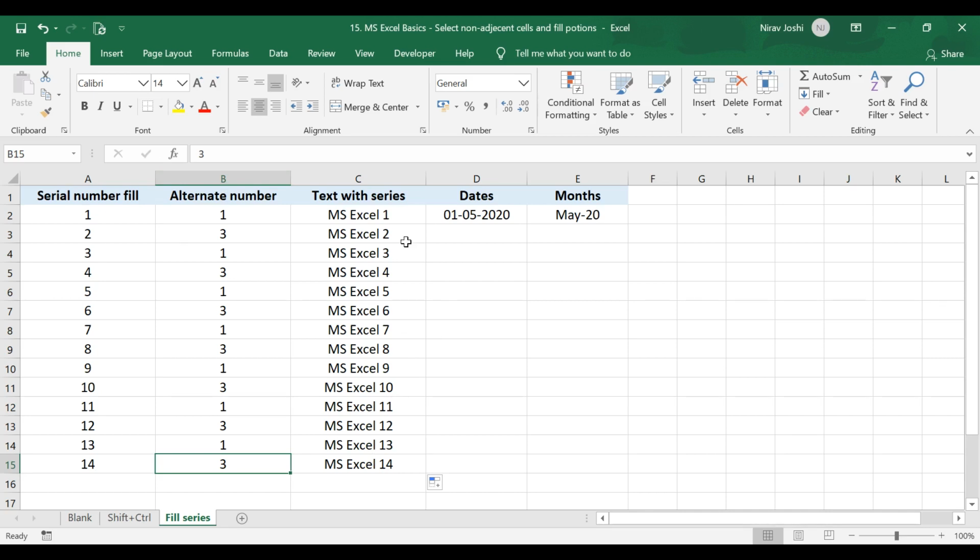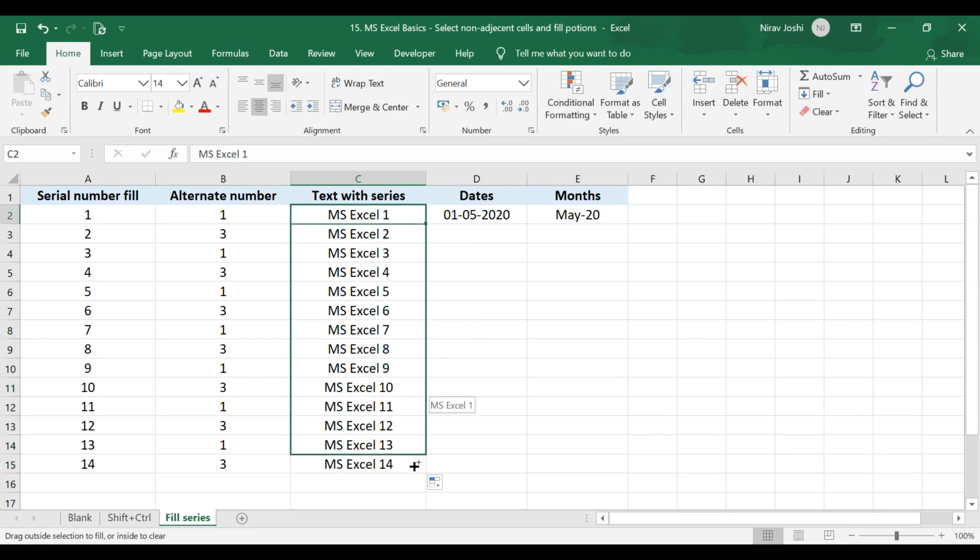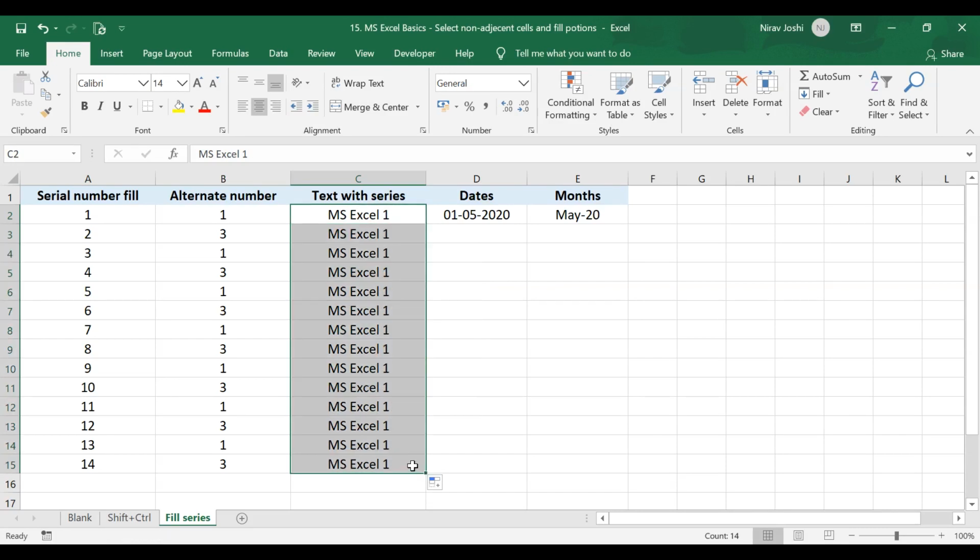So that is the use of filling in the series and double clicking the cell to fill the data. In this case, if you press the control key while dragging down the data, it will copy the data in subsequent cells. It is the same as we discussed in the alternate number scenario.